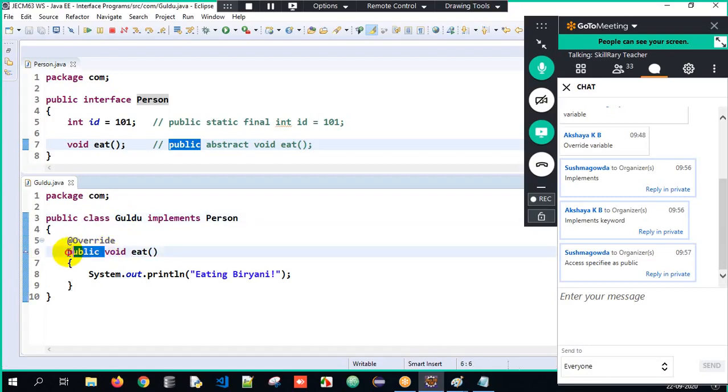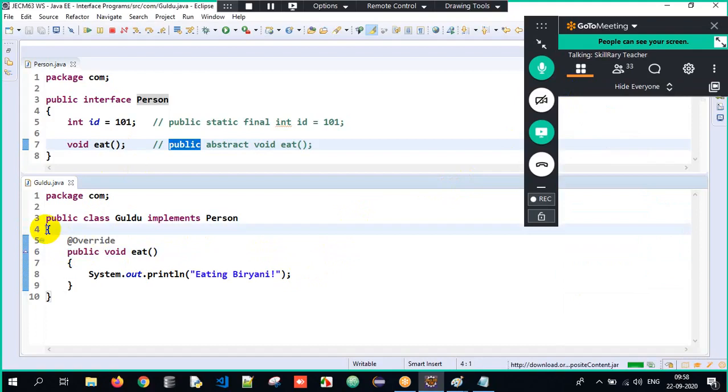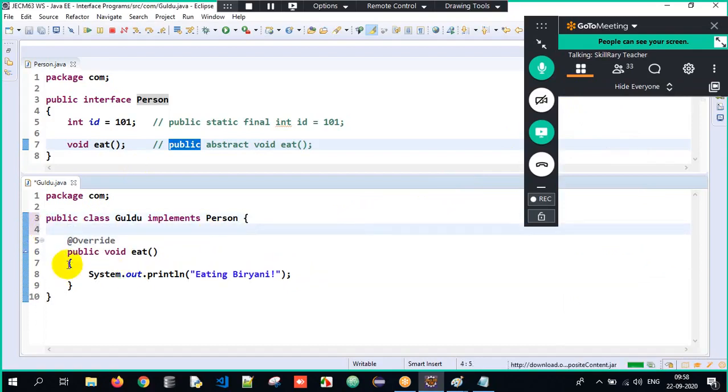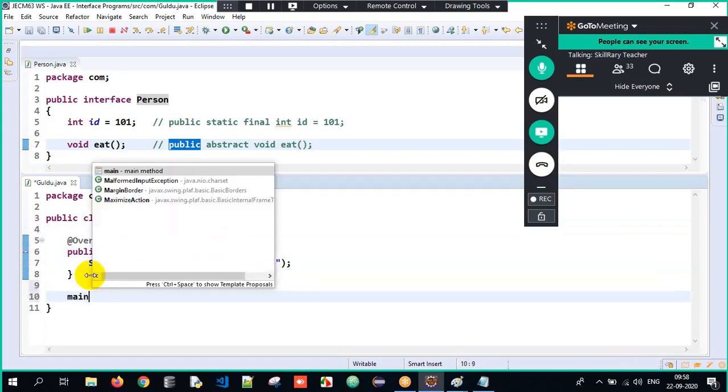In a class, if you do not write anything, it behaves as default, correct? So I have to explicitly write it as public here. This is all about it. So when a class is implementing an interface, we make sure we are overriding that particular abstract method. Got it? And my execution will always start from my main method.